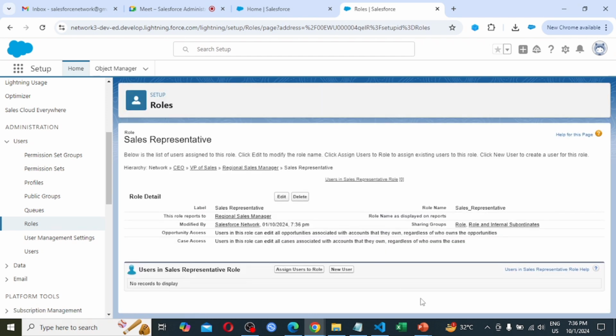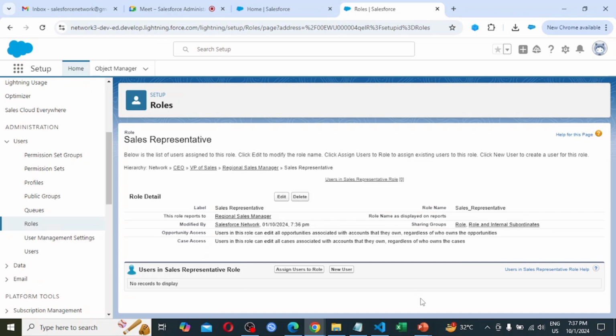So this role and role hierarchy is going to play a very important role in sharing settings and OWD, because in the role hierarchy, if someone is having some access, then at the same role, if two people are there and they both have the same access, can they delete the records or not?